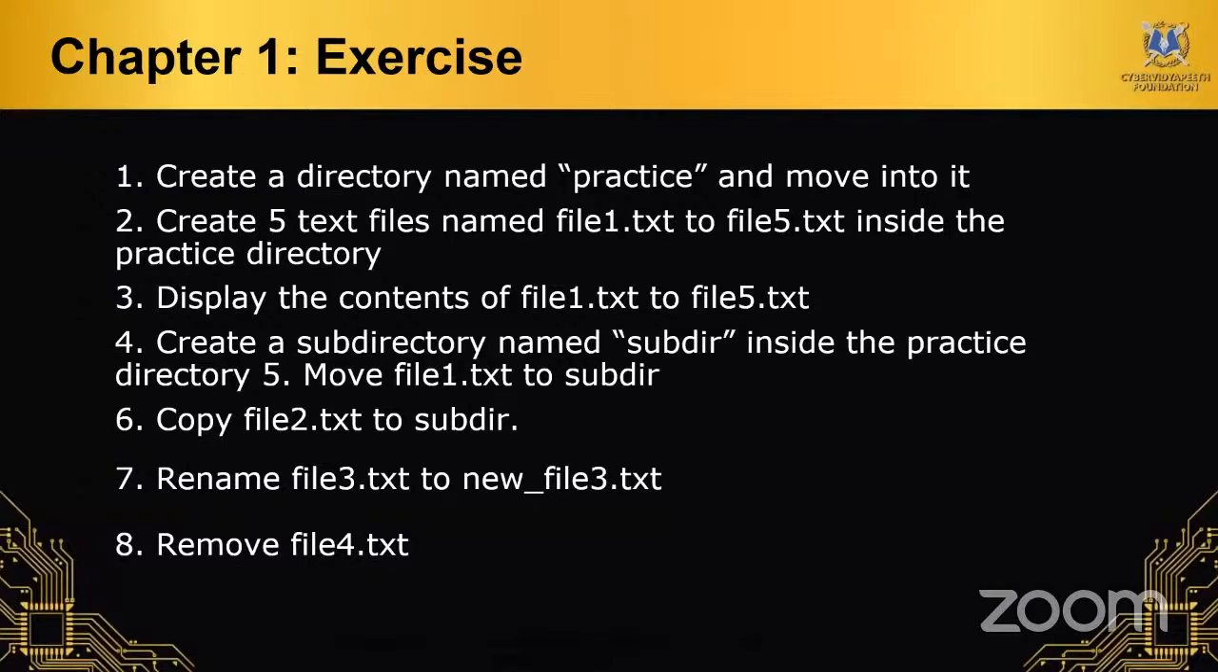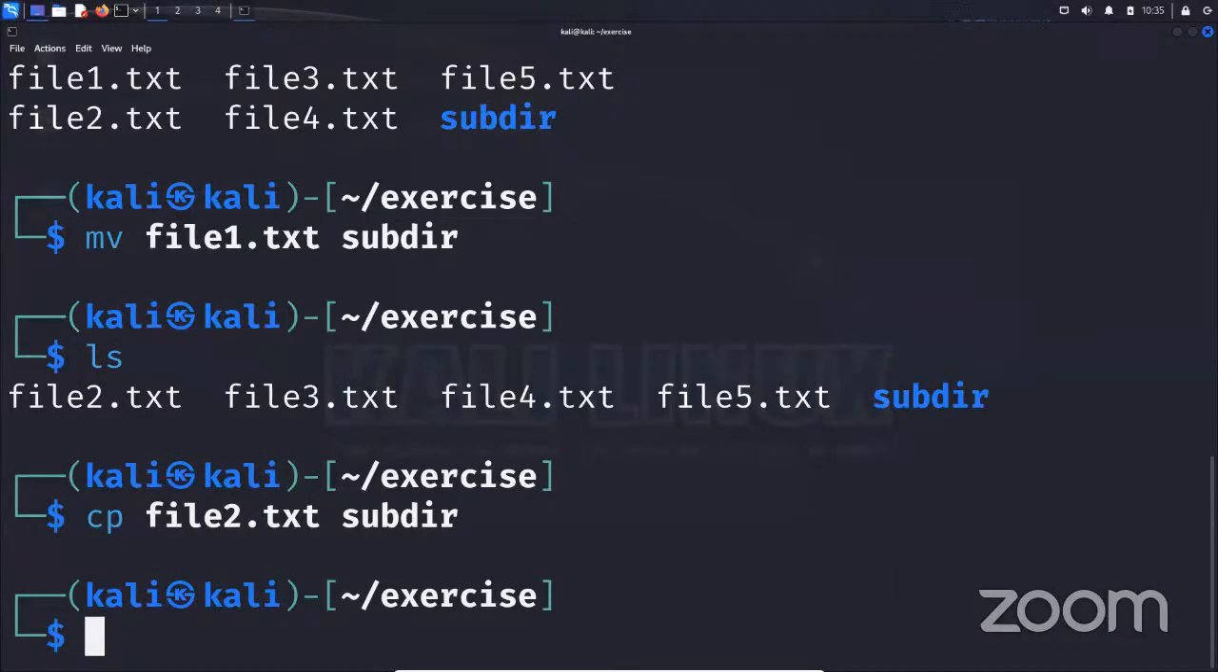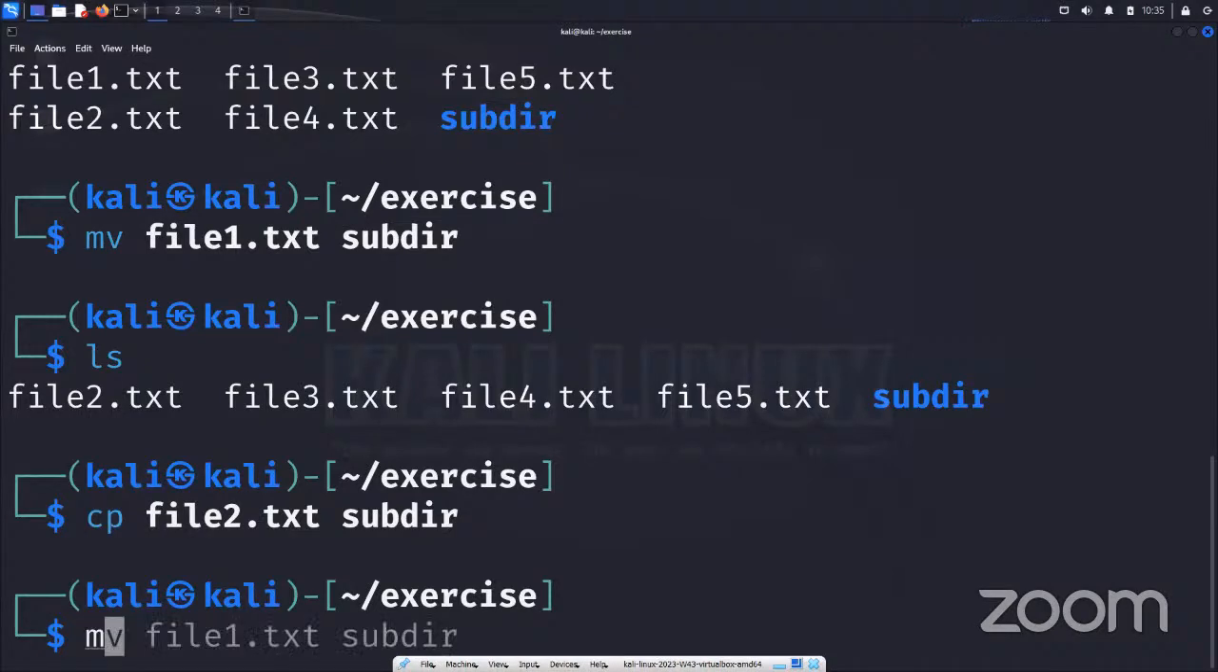Next question we have: rename file3.txt to new_file3.txt. For this also we have the mv command. We will use the mv command. We provide the file name, which is file3.txt, and then the new name for the file, which is